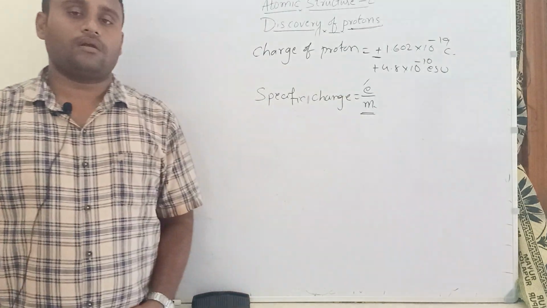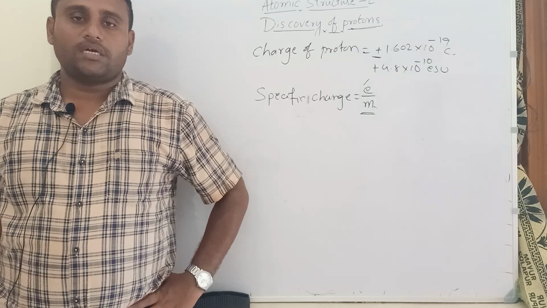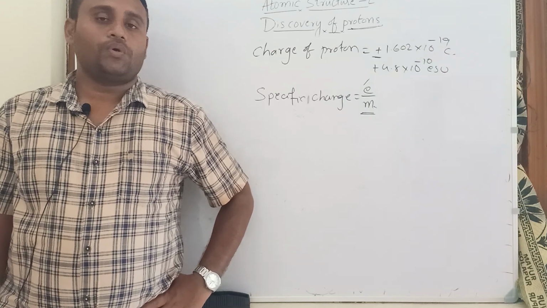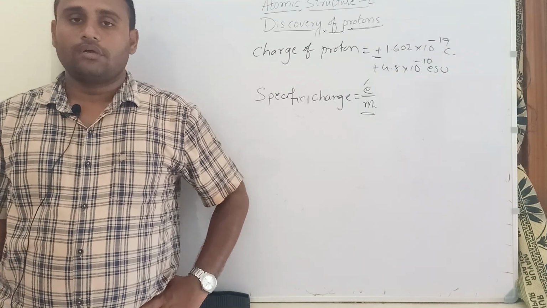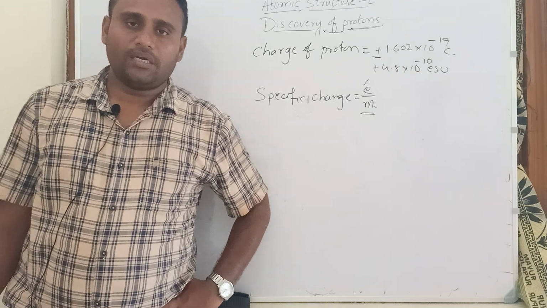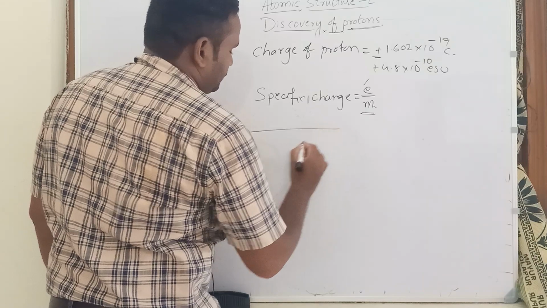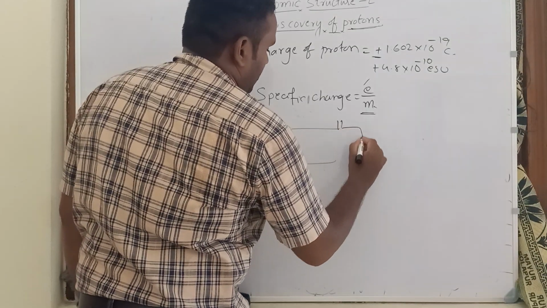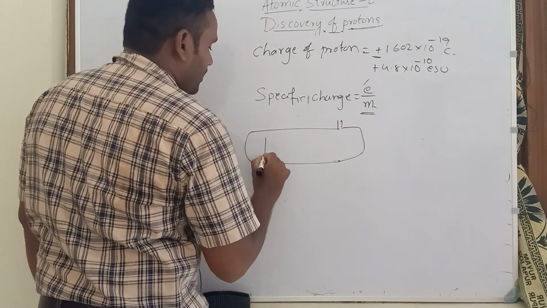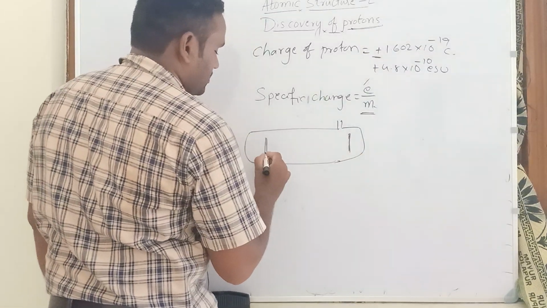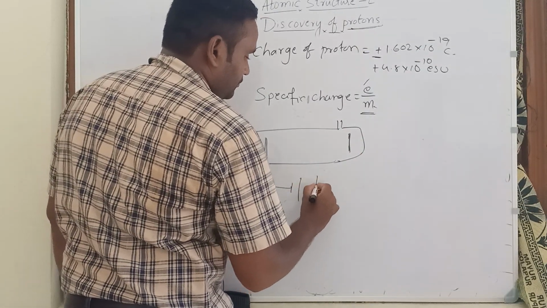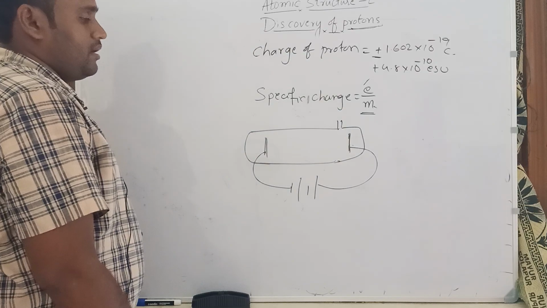The e by m ratio of electrons is always constant, which means for cathode rays the e by m ratio does not change, whatever gas you take inside the discharge ray tube. I am saying cathode rays, it is not going to change. But for anode rays,